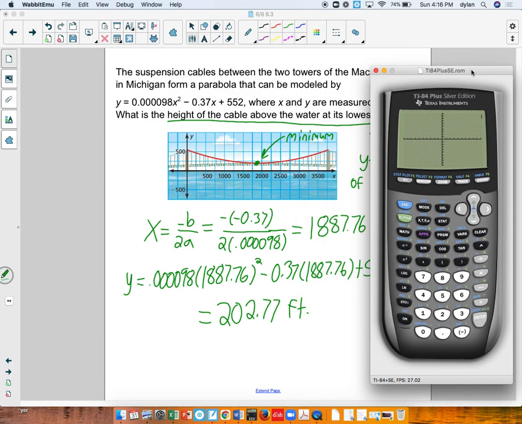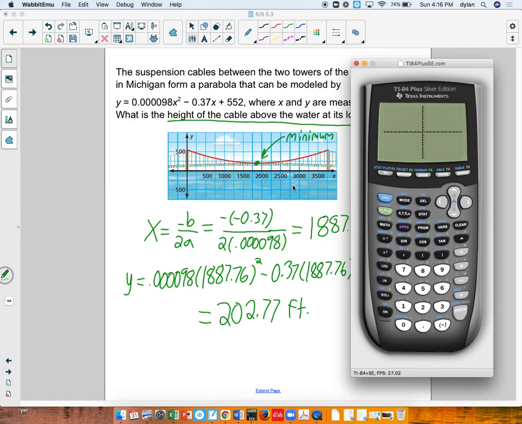So now obviously if I go to graph this right now, I'm not going to see anything, right? Because if you look at this problem, the graph actually gives us our window for us. In this case, we need a much larger window for this bridge, which makes total sense. So for x, I'm going to go from -10 to 4,000. And for y, I'm going to go from, I don't know, -50 to 550. So now if I hit graph here,